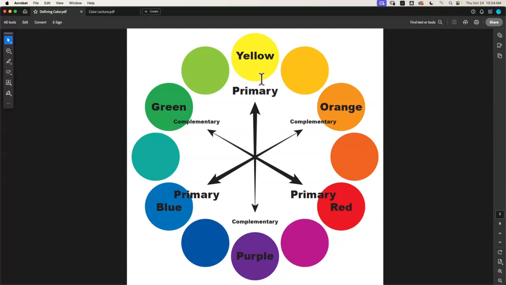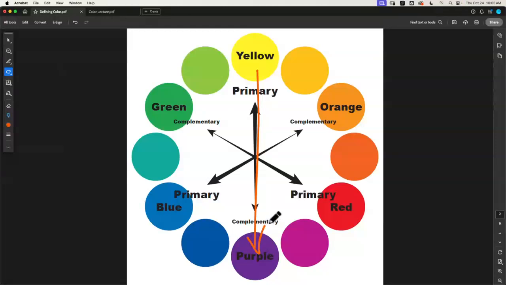So you have primary colors, which cannot be made by any means. They just exist. Yellow, you can't combine something and something to make yellow. You cannot combine something and something to make blue, and you cannot combine something and something to make red. Those are called primary colors, and that's the reason why. There's no way, it just exists. Yellow just exists. It is what it is. But the complementary color,